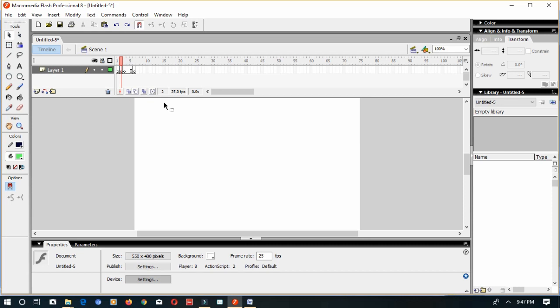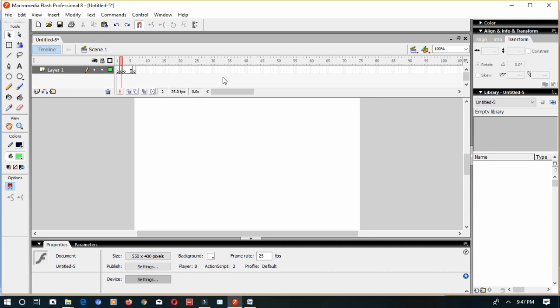A layer is a row with frames in the timeline. You can create multiple layers. So why do we need to create layers? It will help you to organize the artwork in your document. So you can draw and edit objects on one layer without disturbing the objects in the other layers, if you have multiple objects to work with in your stage. So if you create layers, it will help you to work with one object without disturbing the other objects.